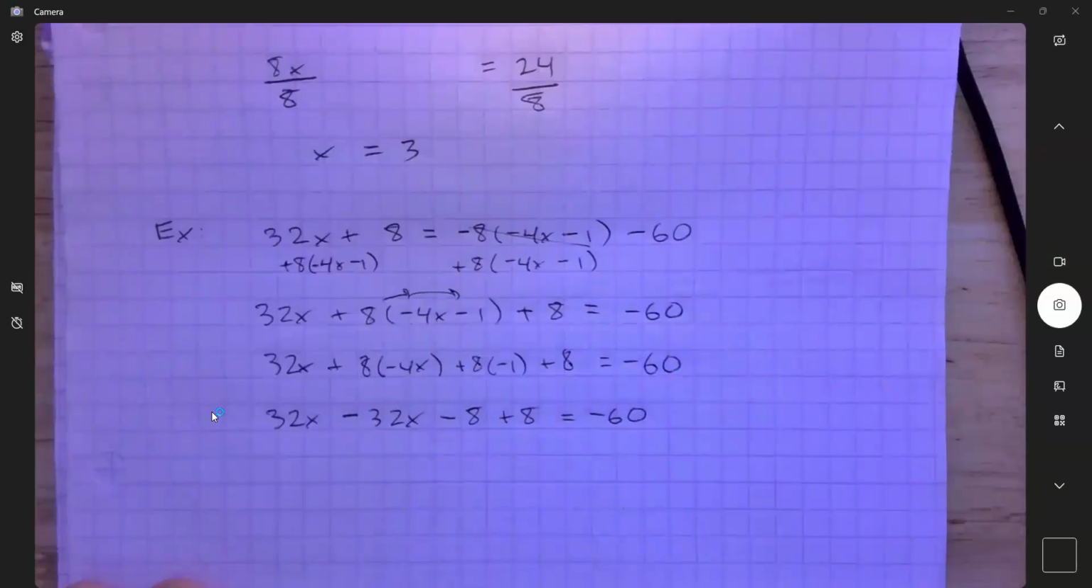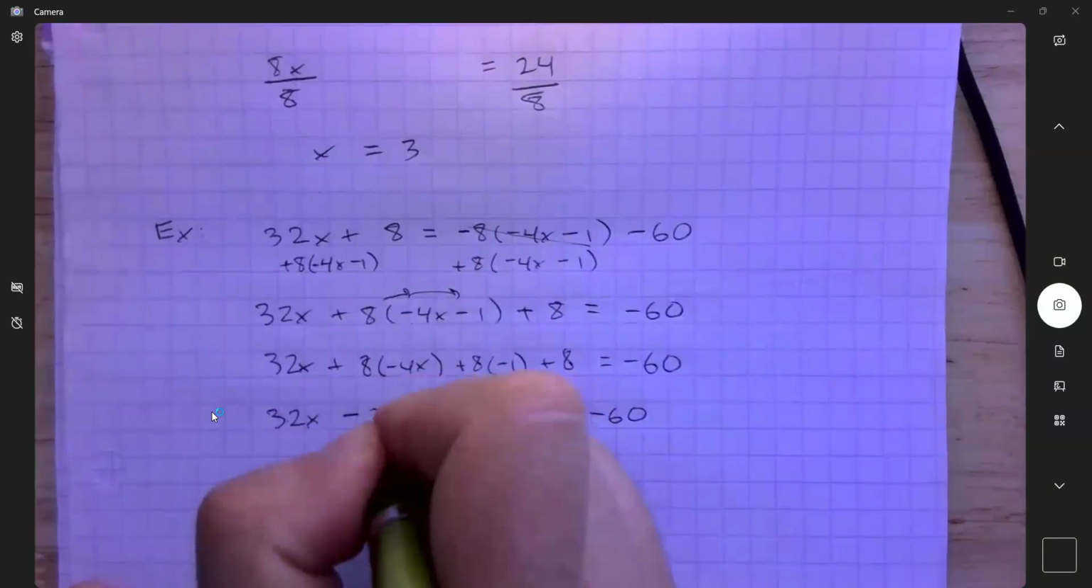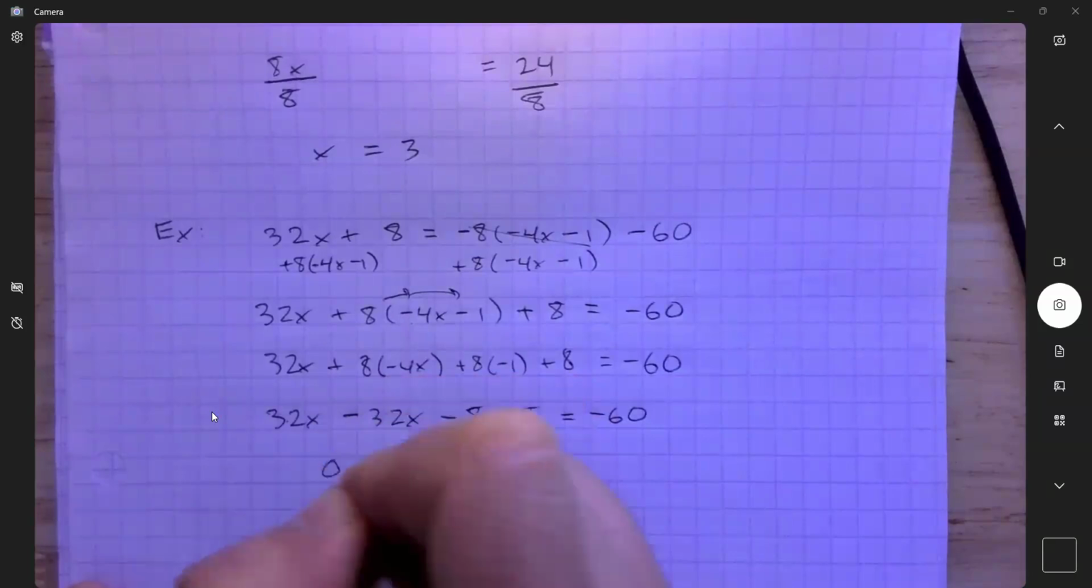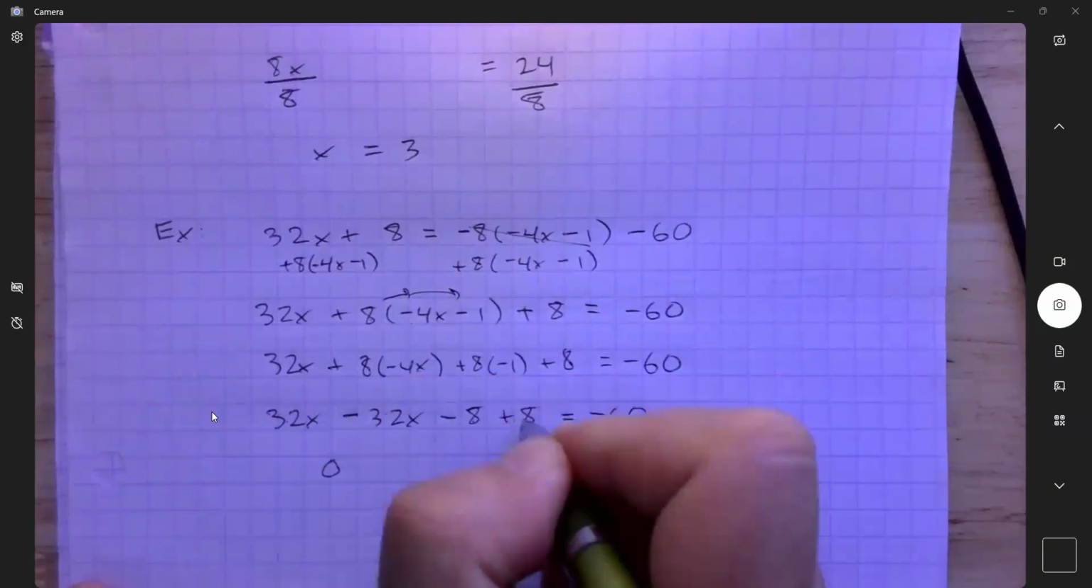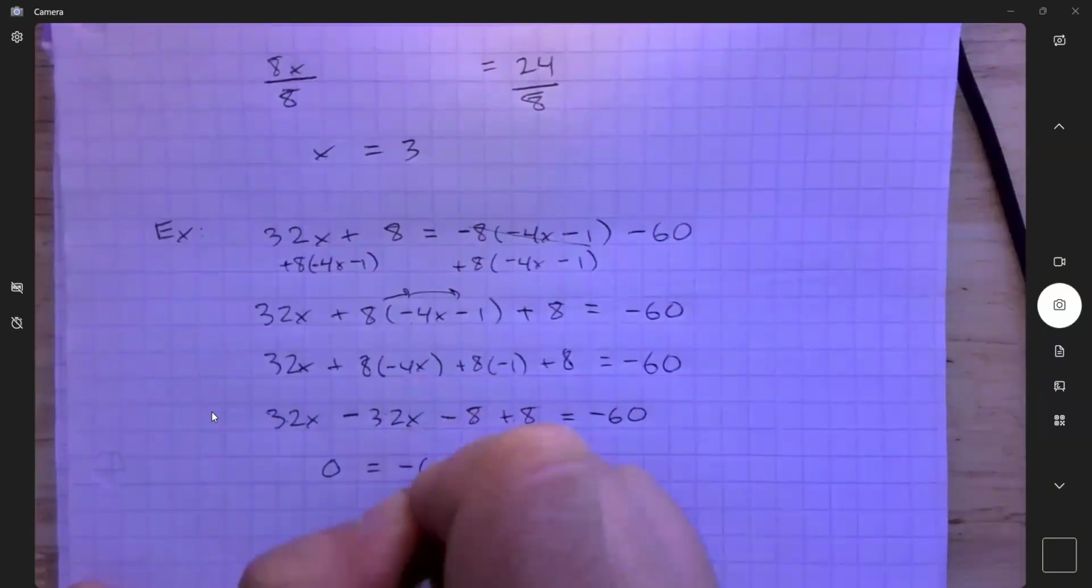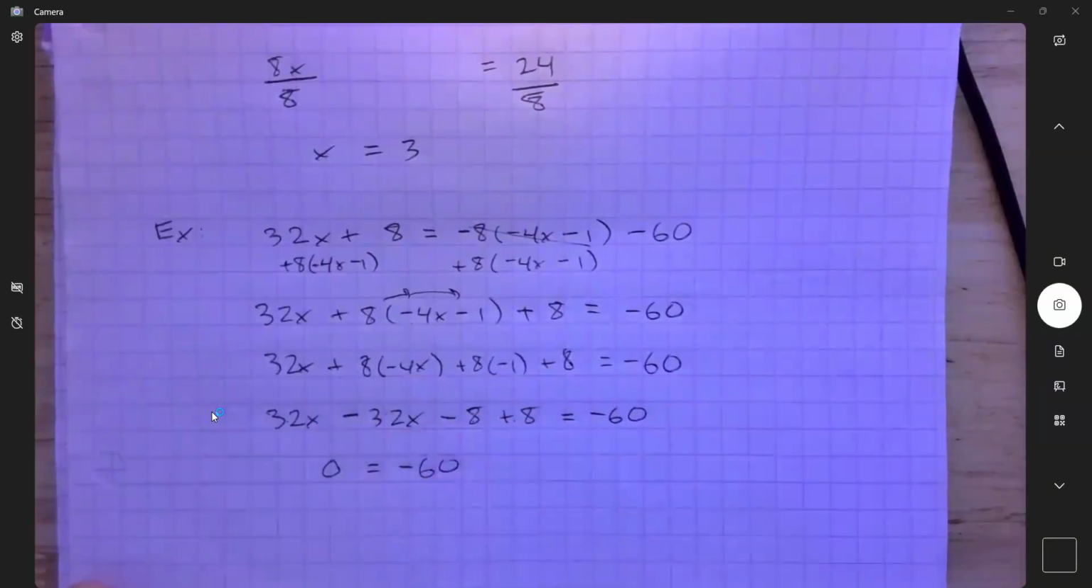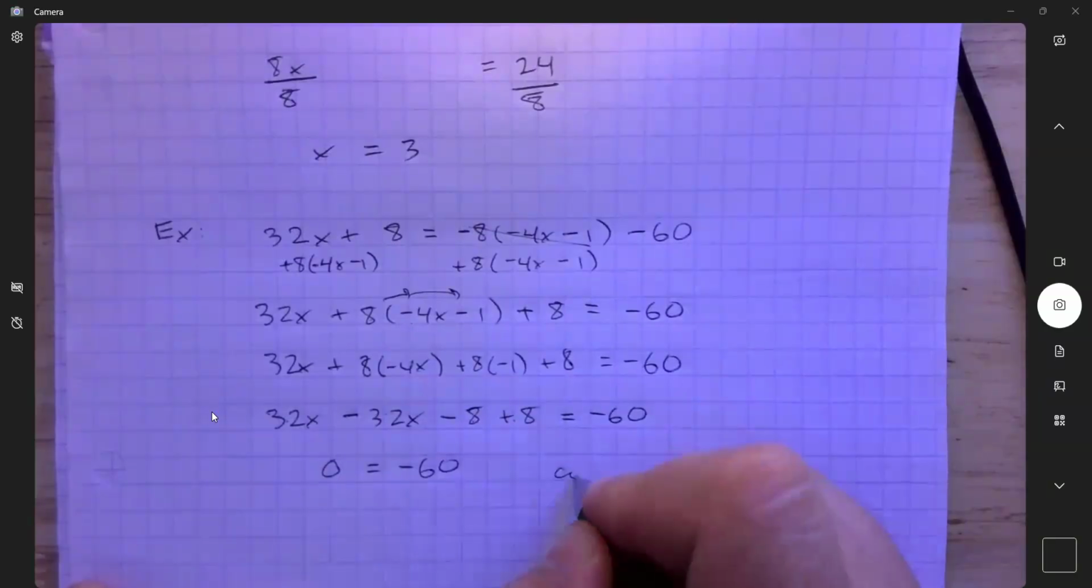Now I have all the x's on one side, and I can collect them. 32x minus 32x is 0. Negative 8 plus 8 is 0. And what I end up with is 0 equals negative 60. So this is a contradiction,